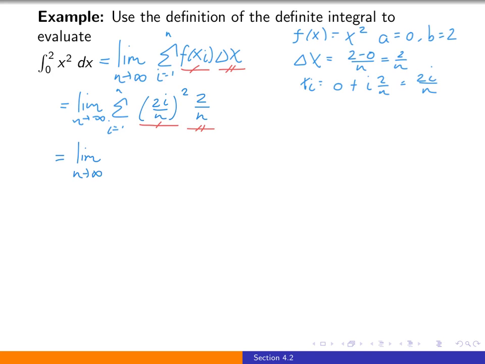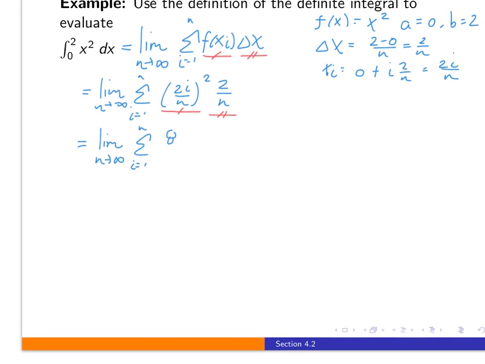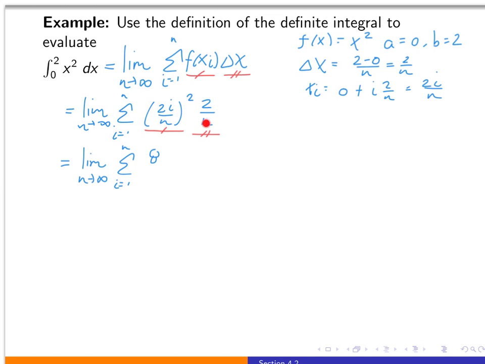So we have the limit as n goes to infinity, the sum from i equals 1 to n, and let's just think out loud for a moment what we're dealing with here. We have 2 squared times 2. So that's going to give us a 2 cubed, which is 8. We have an n squared in the bottom times another n. So that would be an n cubed. And then we additionally have an i squared. So everything inside the summation simplifies down to 8 over n cubed times i squared. And a very key observation is to note that we're summing from i equals 1 to n. So i is our index,